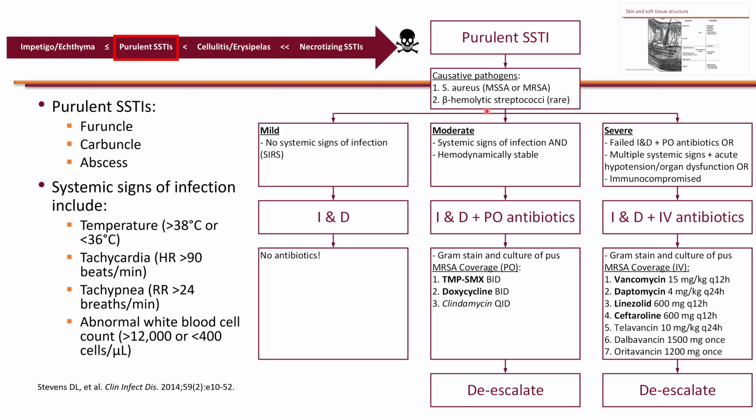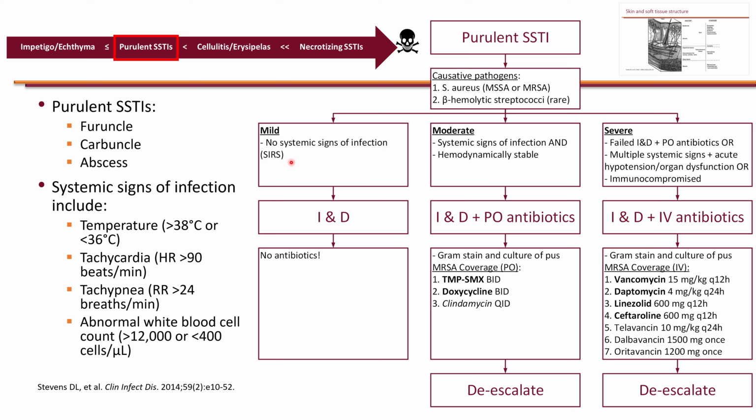And it is possible to have beta hemolytic strep, right? So Streptococcus pyogenes could be pus generating, but in general they are rare. So the treatments are essentially targeting Staphylococcus aureus. Now we do need to assess the severity of purulent infections and break it into mild, moderate, and severe, and